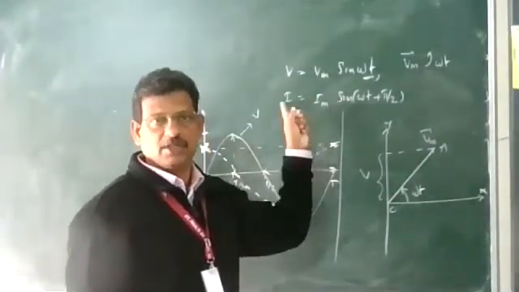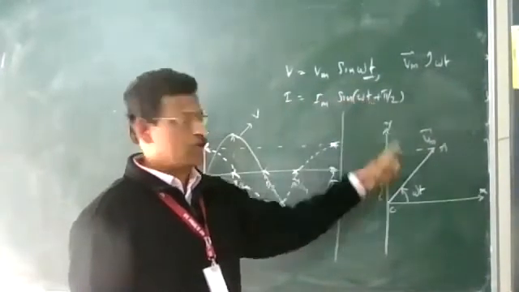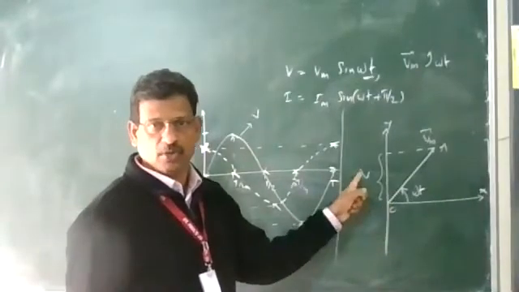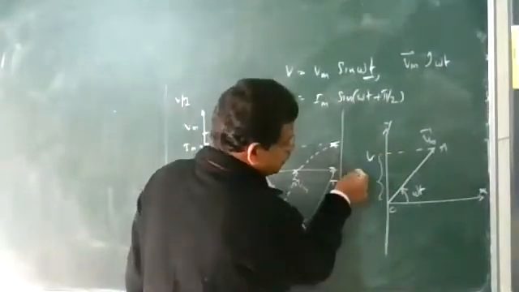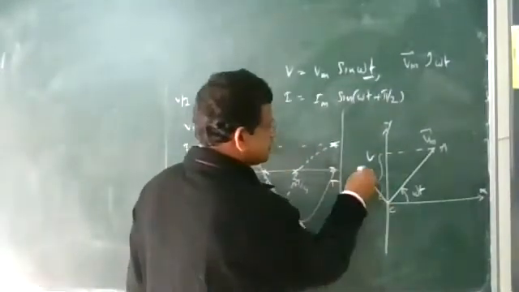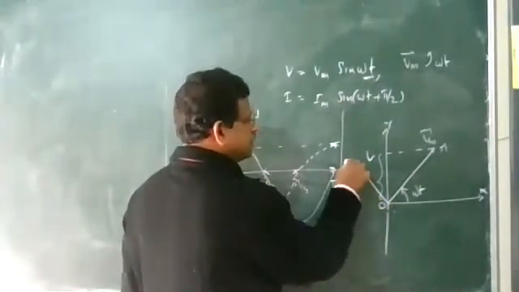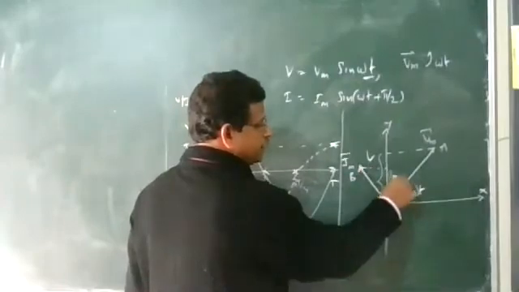Okay. Now see the current. Where is the current? Current is omega t plus pi by 2. From here it has reached omega t, and the current has to rotate 90 degrees more. So it will be in the second quadrant. It will be like this. This is your OB, the current represented by the Im phasor. This projection will give you the value of I.